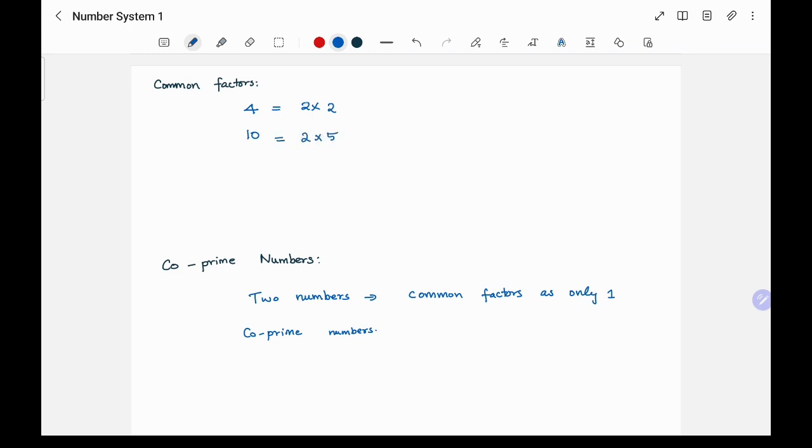Common factors are the factors which are common between any two numbers. It can also be more than two numbers. So here we have 2. Only one 2 is common. We can't map more than one 2 to the same 2. That is wrong. For one 2 we can only map another 2 in the other number. So 2 is a common factor